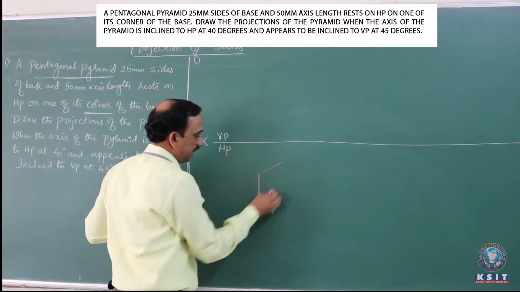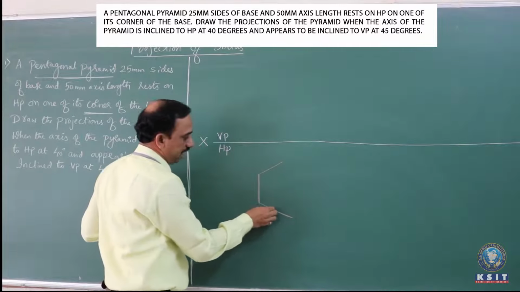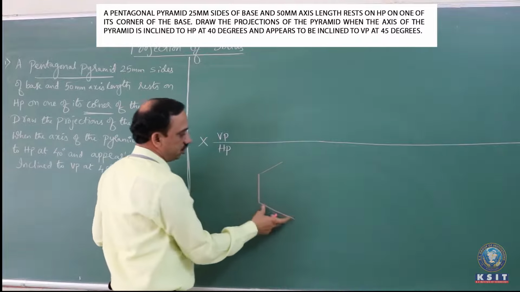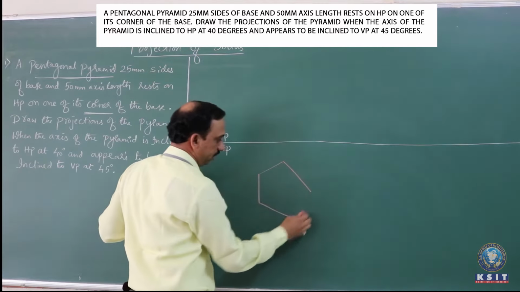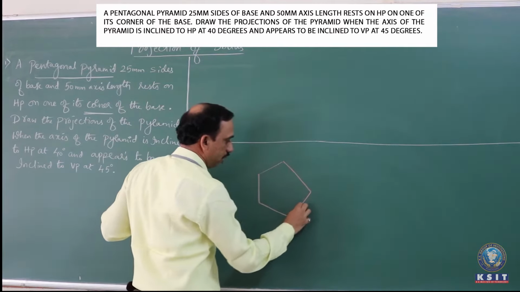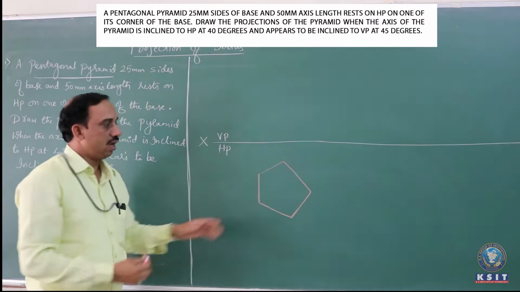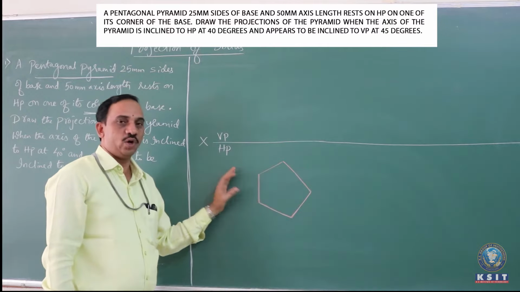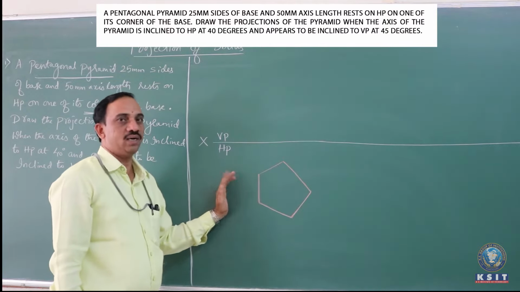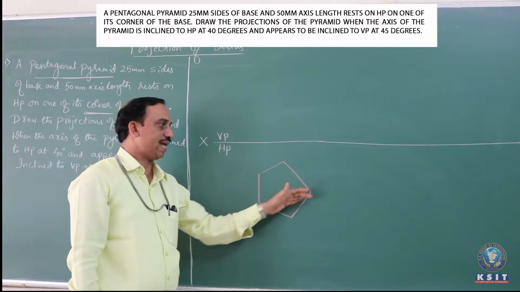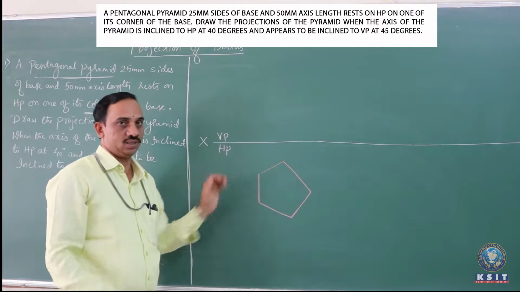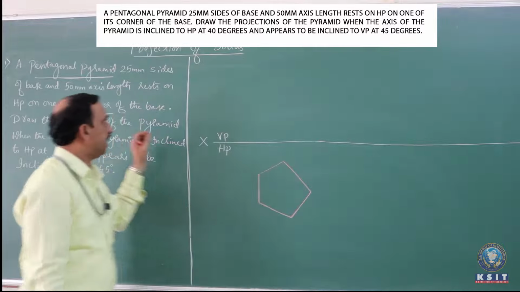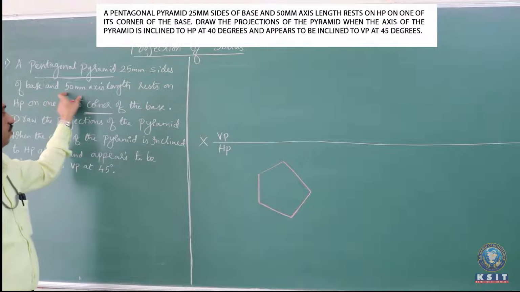Take on either side 72 degrees. Exterior angle to be 72 on either sides. So based on this, start constructing so that you're going to have the pentagon to be having a corner to come towards your right side. Corner of the pentagon towards your right side. Since it is a pyramid, we're going to have only one pentagonal face, but surrounding to this, we're going to have 5 triangular faces. To have the triangular faces, we should fix the apex depending upon the height given in the question. The height itself is specified to be as 50 mm.